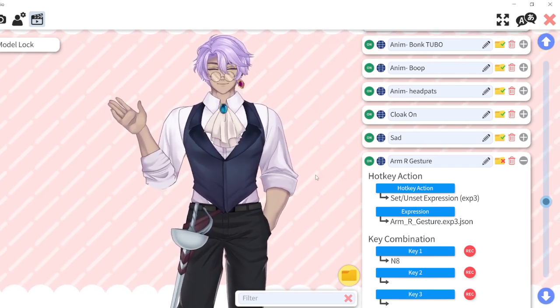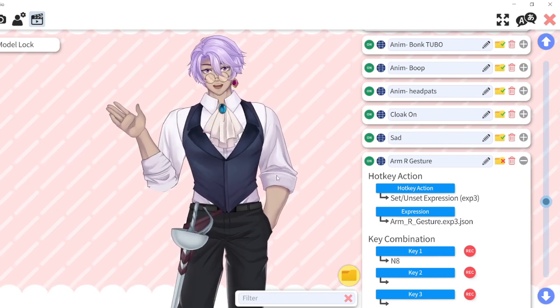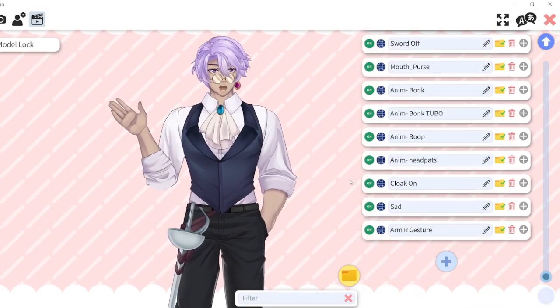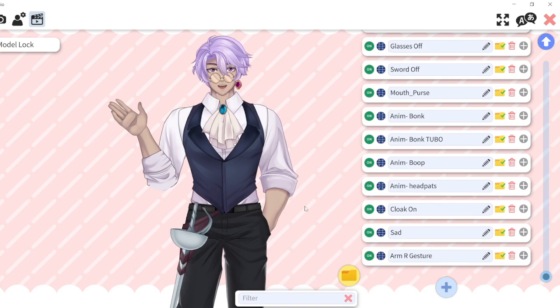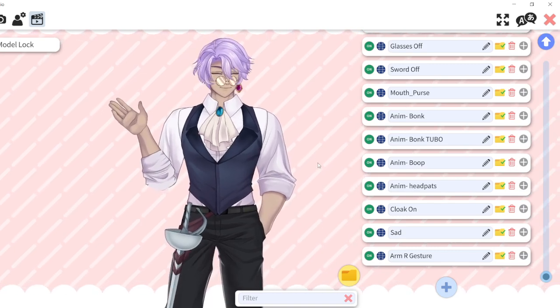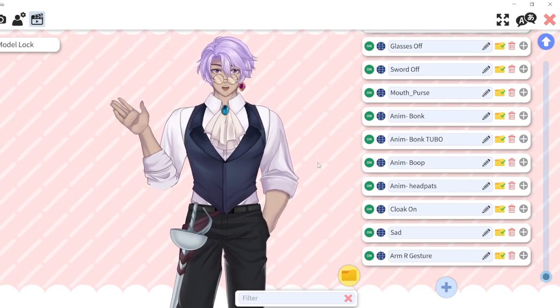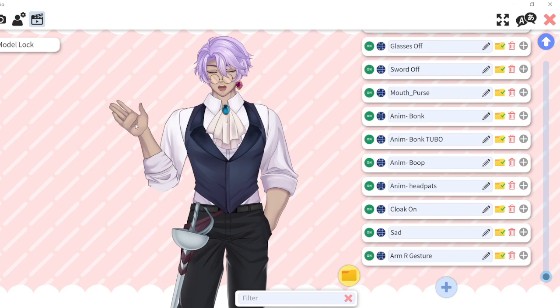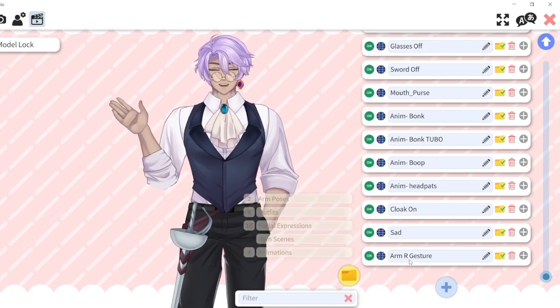So now you have an arm gesture that you can just have him sticking his arm out. So I'm going to put this in arm poses. And so this is set to a hotkey. Very cool. And now I'm going to show you the item pinning function, just so, oh, well, I want him to, I can use this arm gesture now